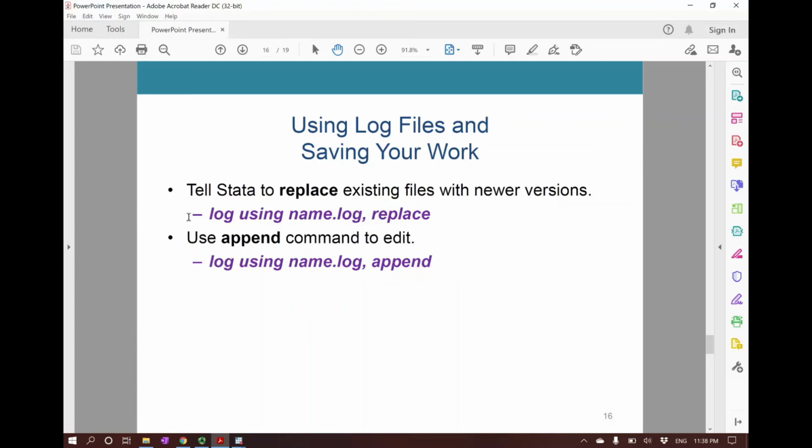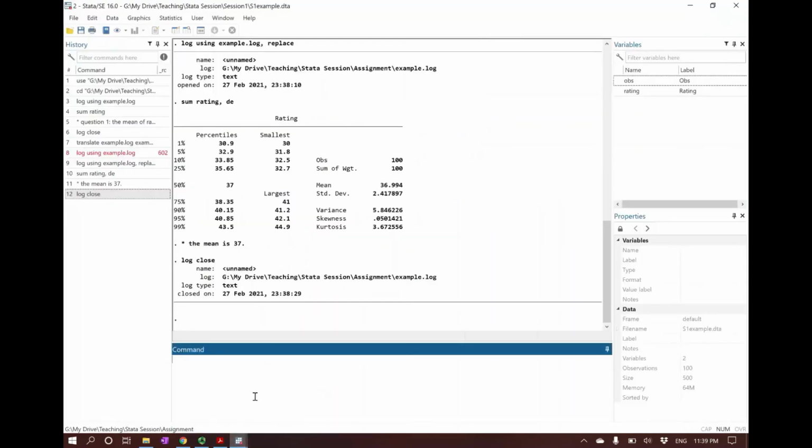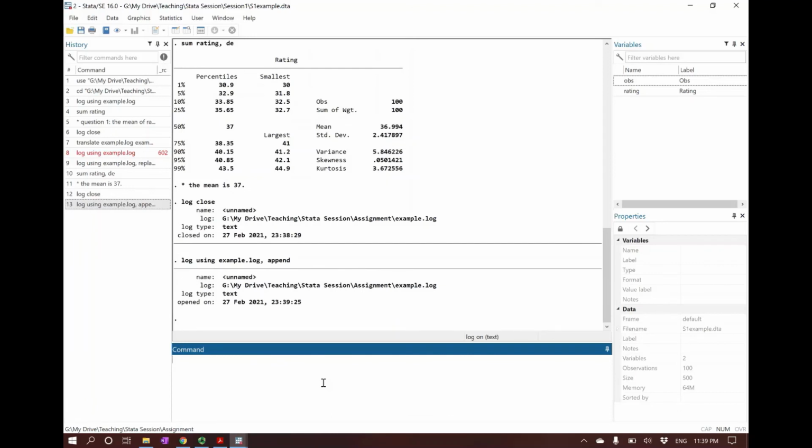But of course, be careful when you use replace, because it will clear all the previous work that you've done. Alternatively, if you want to work on different questions at different times, you can use the append option. Right? So for example, just now I closed my log file, and now I come back, I'd like to continue to work with my log file for the second question. So I'm going to do log using example log, comma, append, and I'm going to work on a different command that says